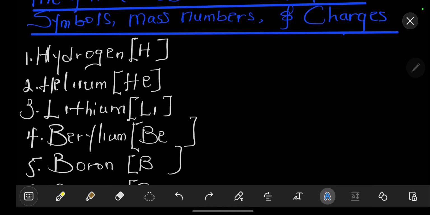So that's clear. Next, what we address right now is the symbols. These in brackets, you see, are the symbols of the elements. They're also important because in some of your chemistry exams, you may not see the full name written per se, but you will see the symbol abbreviated like this. So it is imperative that you know not only the element, but also the symbols. For example, the symbol for hydrogen is H, the symbol for helium is He, the symbol for lithium is Li,